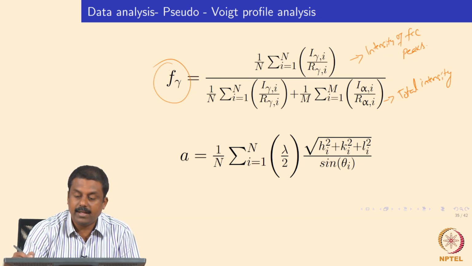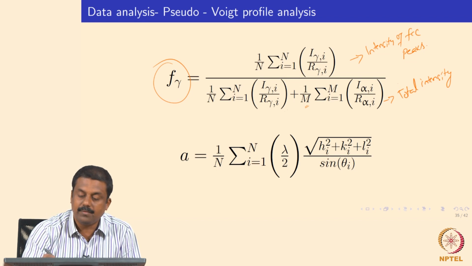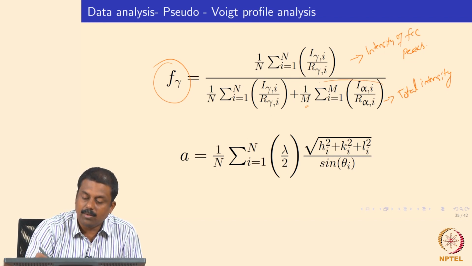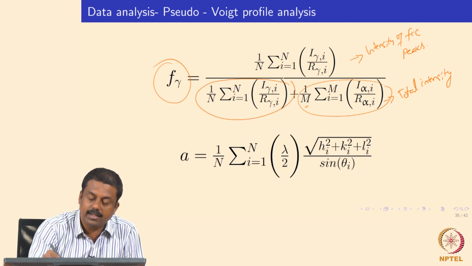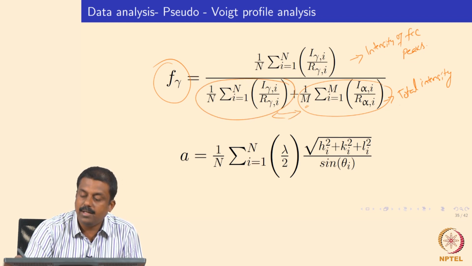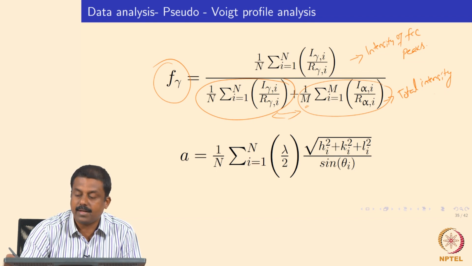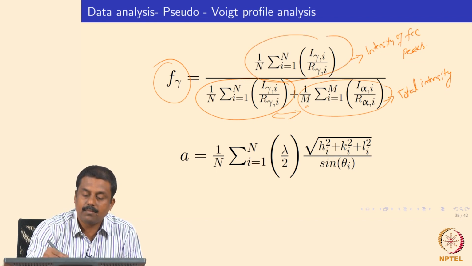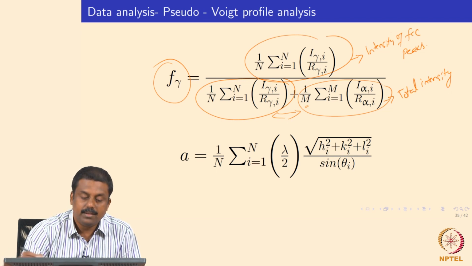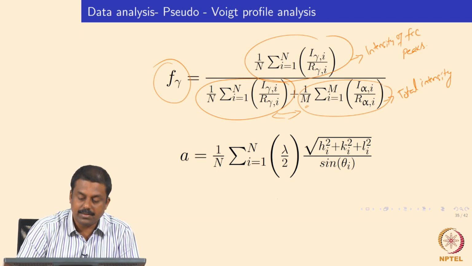So this is a very straightforward technique if you have good equipment. We can measure the entire diffraction pattern, the intensities of all the diffraction peaks over the intensity of FCC peaks. Of course we have various factors, the multiplication factor and other factors, but no need to worry about it. Basically this equation is very simple. We have a total intensity, for example this is total ferrite intensity and this is total austenite intensity, and combined together it will give you the total diffraction intensity of the microstructure over the intensity of FCC peaks, which gives you the volume fraction of retained austenite in the microstructure.